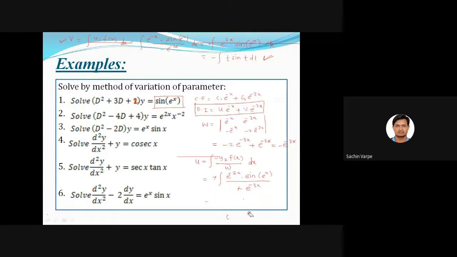So actually, this is the only main part in the whole unit about solving linear differential equations with constant coefficients with the help of suitable methods. So the main thing is the solution of a linear differential equation with constant coefficients is the combination of two sub-solutions, complementary function and particular integral. We mainly have discussed all the cases of complementary function as well as particular integral, right? For particular integral, there are three main methods: general, shortcut, and method of variation of parameters.